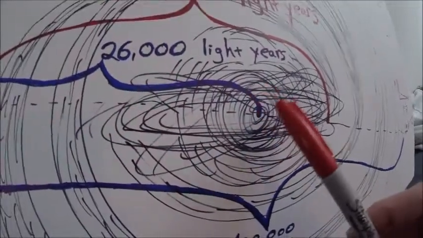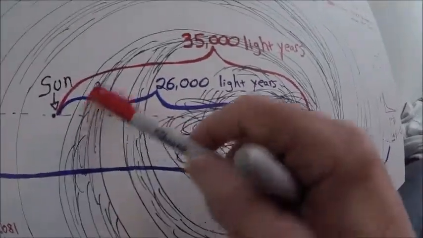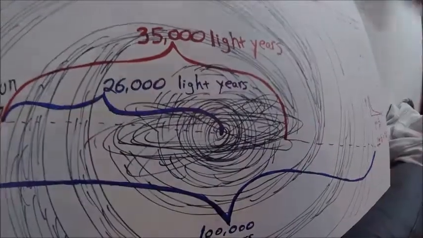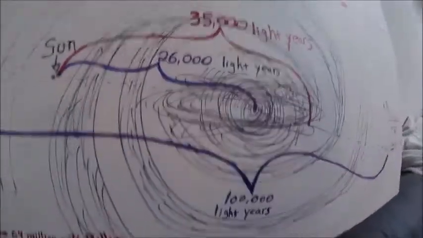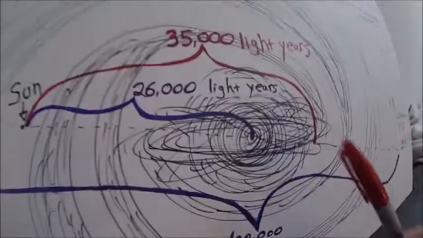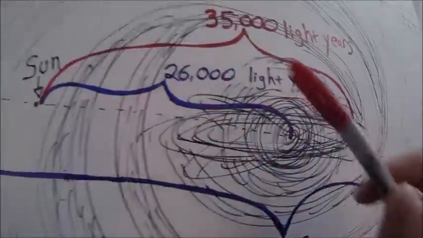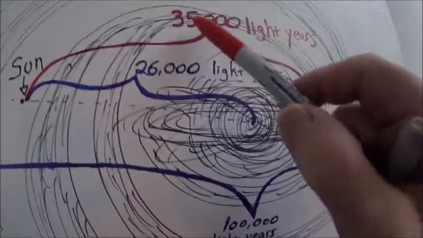You need calculus to figure this out, but just looking at it you can say, well, it's about 35,000 light years. Besides, I asked this guy. He's been around. He told me. Nah, just kidding. Anyway, so the average distance to the stars in the Milky Way is approximately 35,000